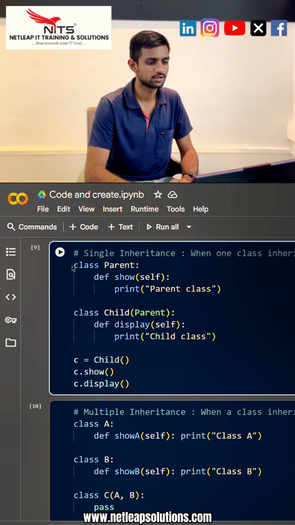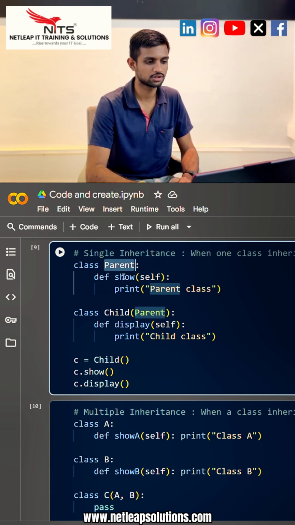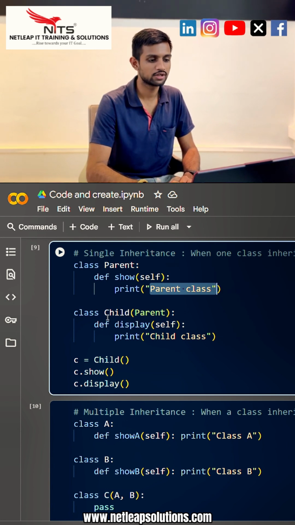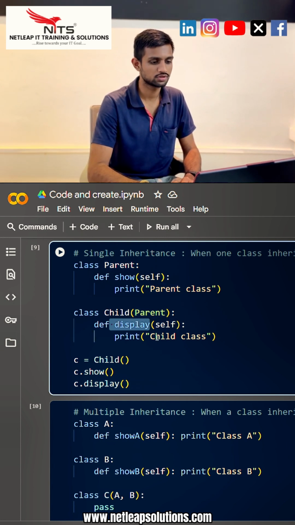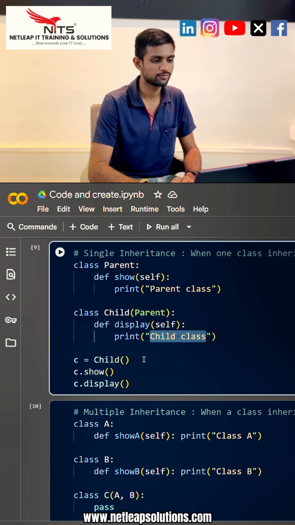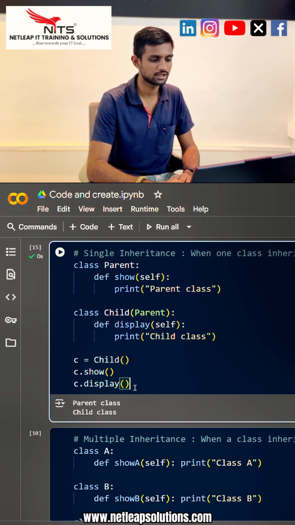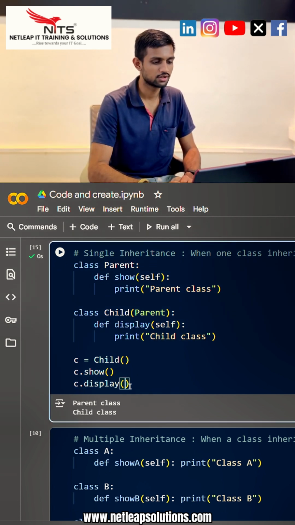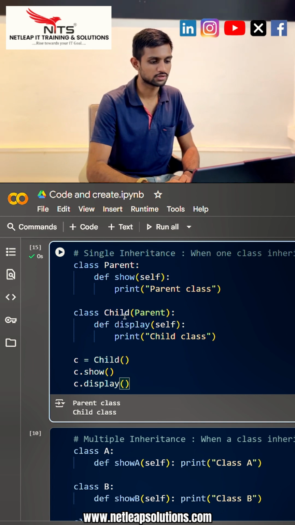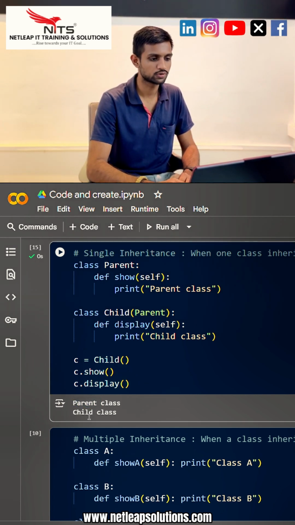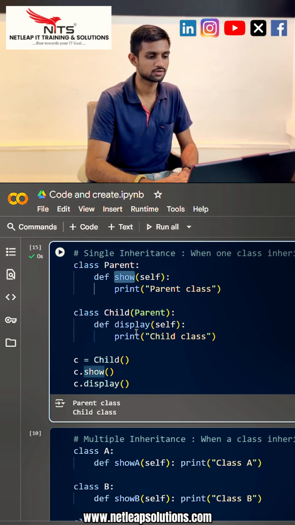So, you can see here's a class named Parent which has a method show. It shows parent class. And second is Child, which of course has the base class as Parent. And it has another display function, which shows its name as child class. Now, if we run these commands, we have created object C of Child, and we have called both the methods on the same object. We can clearly see it's working with both the methods, parent class and child class. These are the outputs of these methods, show and display respectively.